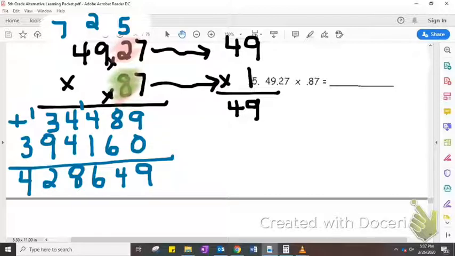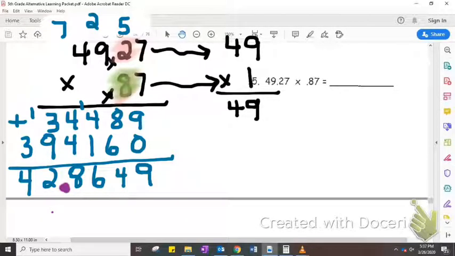Here. Okay. Trying to make the decimal point easier for you to actually see. That would be 428,649. Nowhere close to 49. If we were to put it here, it would be 42,864 and 9/10. Nowhere close. You can probably figure out that if we put the decimal point here,